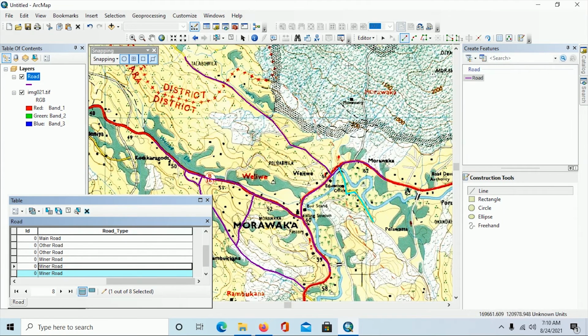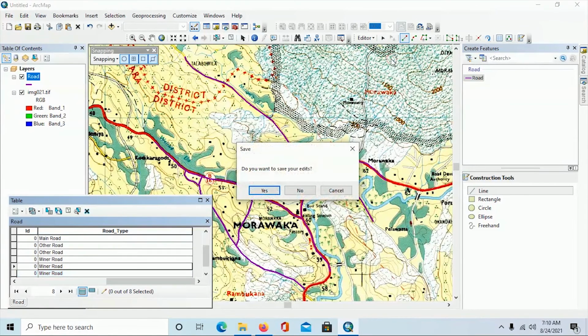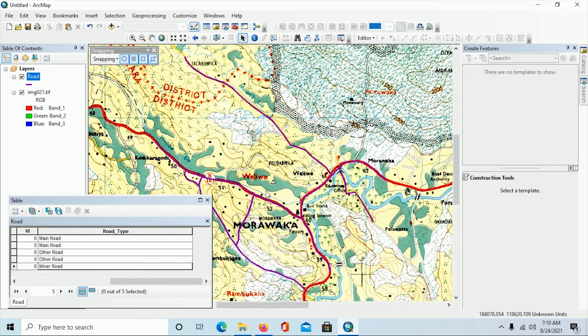Now I want to finish this digitizing and go to editor tools and stop editing. Select stop editing. It will ask, do you want to save edits? Yes, I need to. Then I click on this yes button. Now my editing part is over. Now I need to